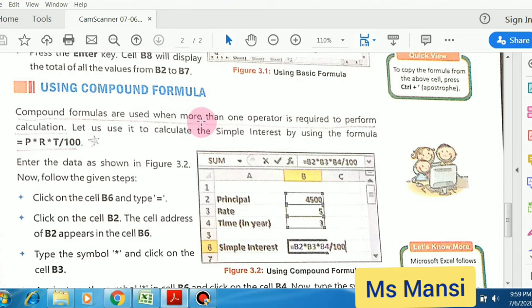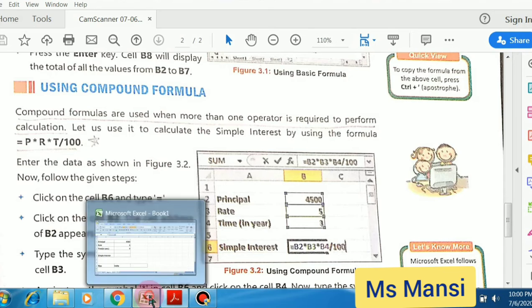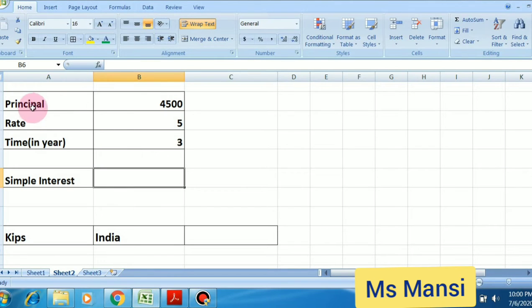When more than one operator is required to perform a calculation, then compound formulas are used. So students, let us take an example like this. Principal amount is given, rate is given, and time is given. So we have to calculate simple interest.